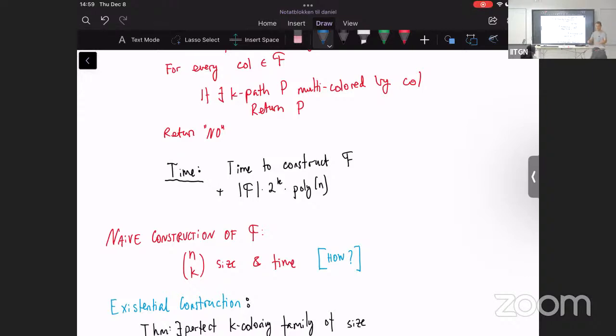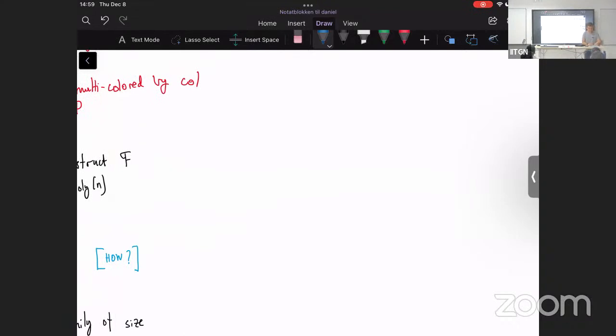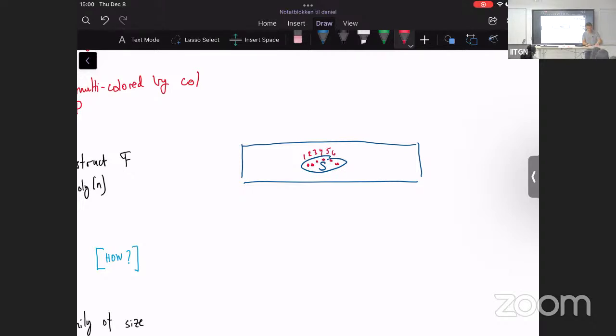So in particular, if here is your universe, for every set S of size k, I can make a coloring that is private to that set. It colors the elements of that set 1, 2, 3, 4, 5, 6, all the way up to k, and then let's say colors all the other ones 1. This coloring multicolors this set. There are n choose k sets, so with n choose k colorings, I get to multicolor the sets.